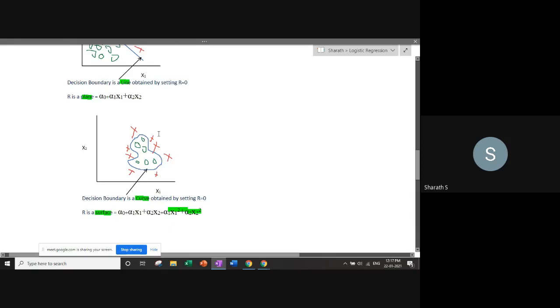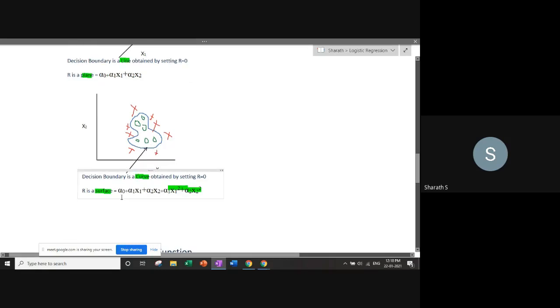What happens if the problem is more complex? You see all the green zeros over here, and the x's are lying outside. If you try to draw a line in any way, you cannot classify these zeros and x's, because the problem is nonlinear. So for a nonlinear problem, you need to construct a nonlinear decision boundary. You cannot have a line, and that is where you go into what we talked about, polynomial regression, in the context of regression.